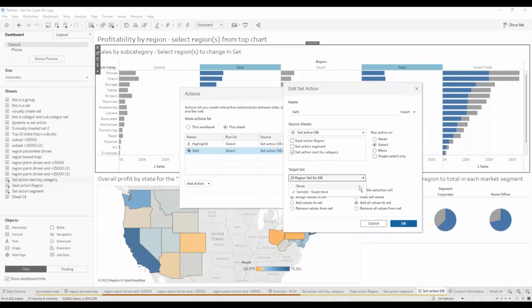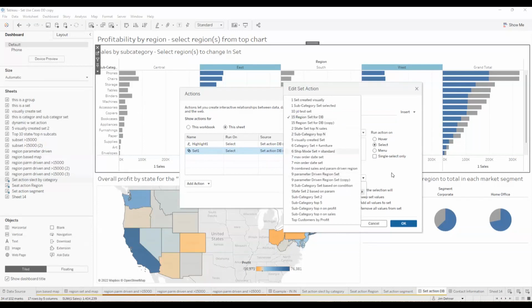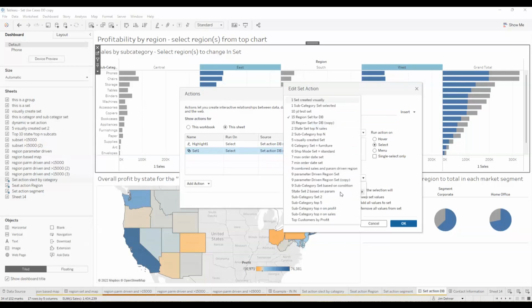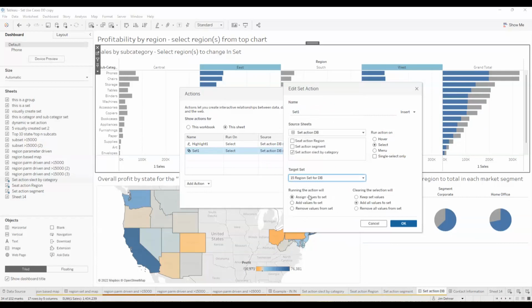And if I open this up, you can see in this workbook, first, let's go back here. First, it identifies the source. If you have multiple sources, you can have sets coming from different sources. But I've only got one source here, and you can see all the sets that I created making up this workbook. Well, the one we're going to change is this one. And that's the same set that I've got on all three of these charts. And